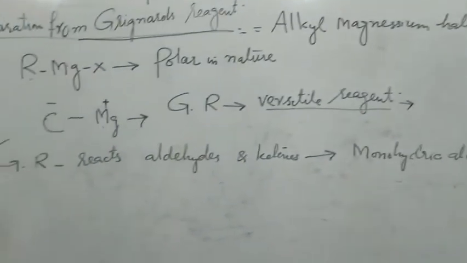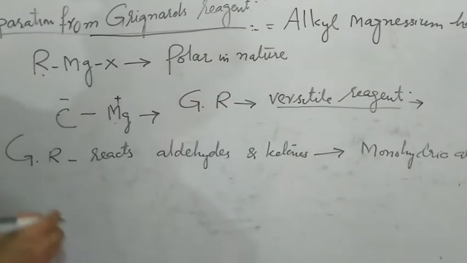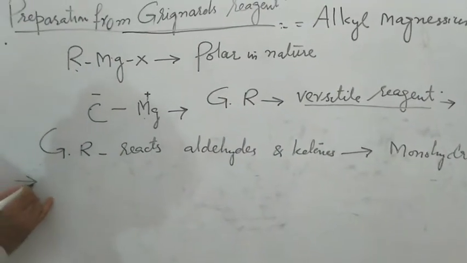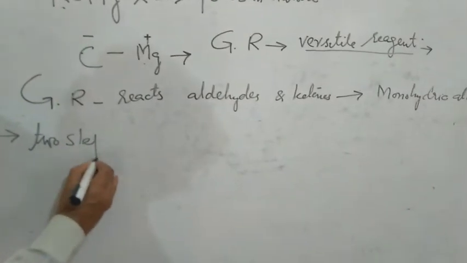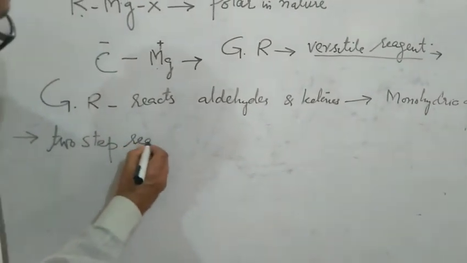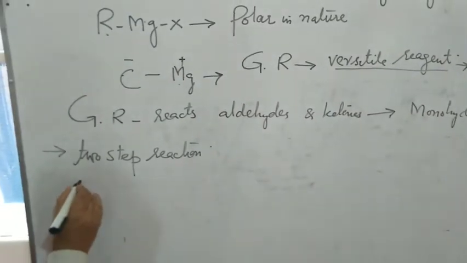For example, this reaction occurs in two steps. It is a two-step reaction, it completes in two steps. Number first, the first step of this is